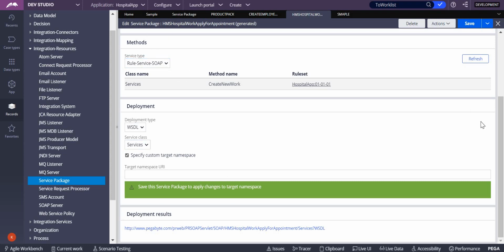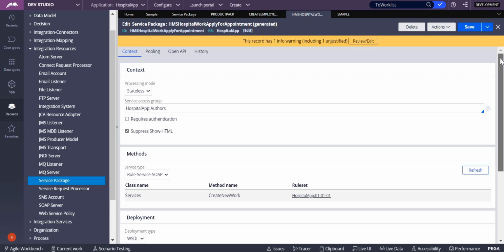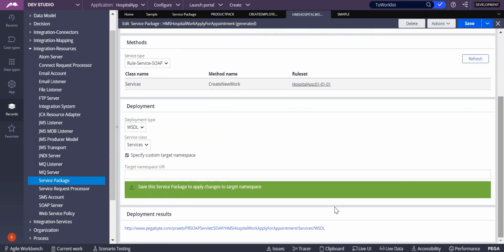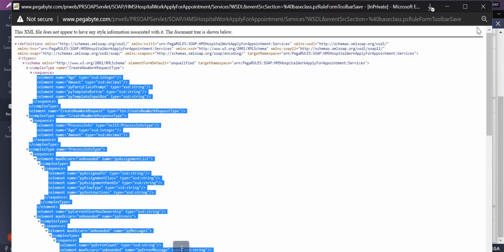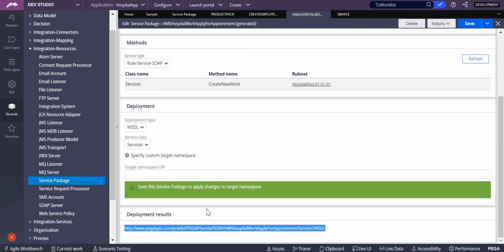So whatever service file you created, it will give you one URL, right? This URL you can use to connect SOAP in another application if it is Pega. So you can give this particular URL, the WSDL file, to the other application which is Pega, where they can use it. So it will provide you all the data which is there in this. Okay, you can see it's there, age and all these things, the WSDL file will be showing this, right? This is about deployment result.